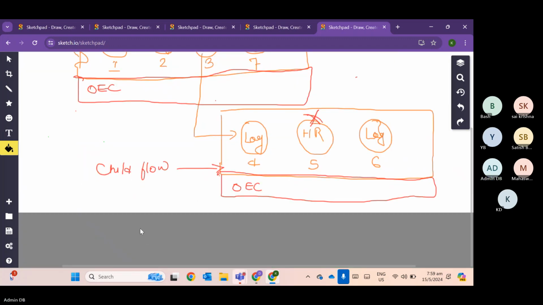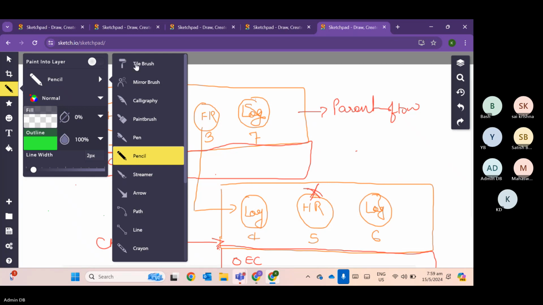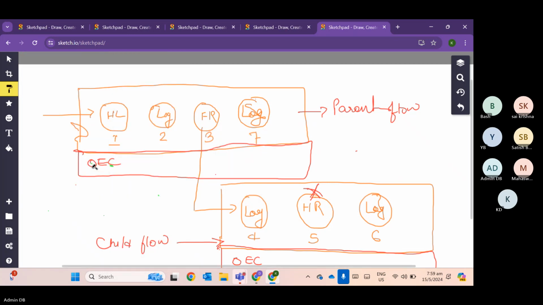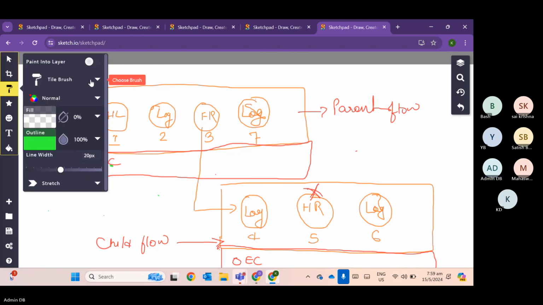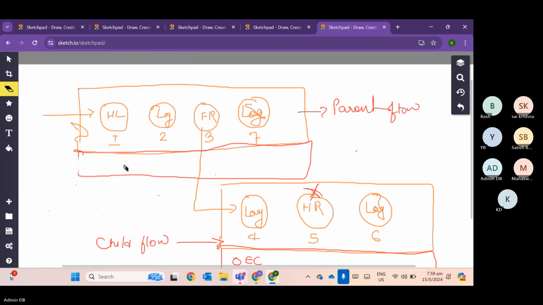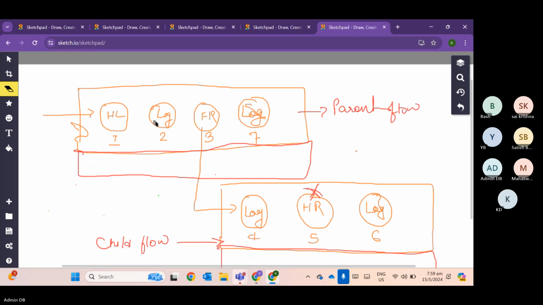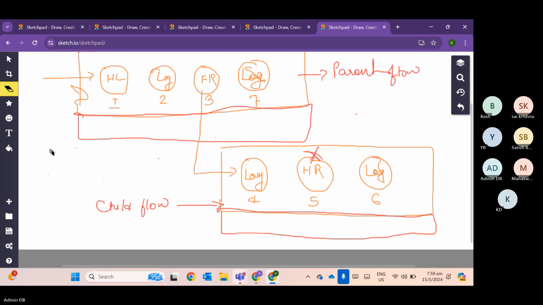They are not giving an eraser. Yes. And so let's